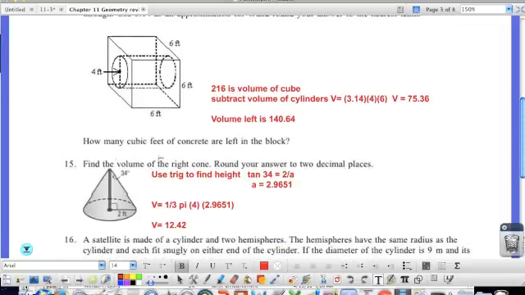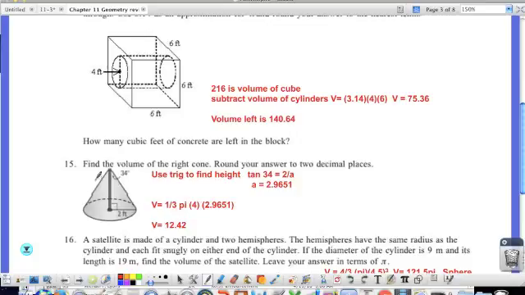For number 15, we need to find the volume of this right cone. In order to find the volume, we need the radius of the base and we also need the height, which they don't give us, but they give us that this angle is 34 degrees. So using trigonometry, we need to find the side adjacent to the 34-degree angle, and we have the side